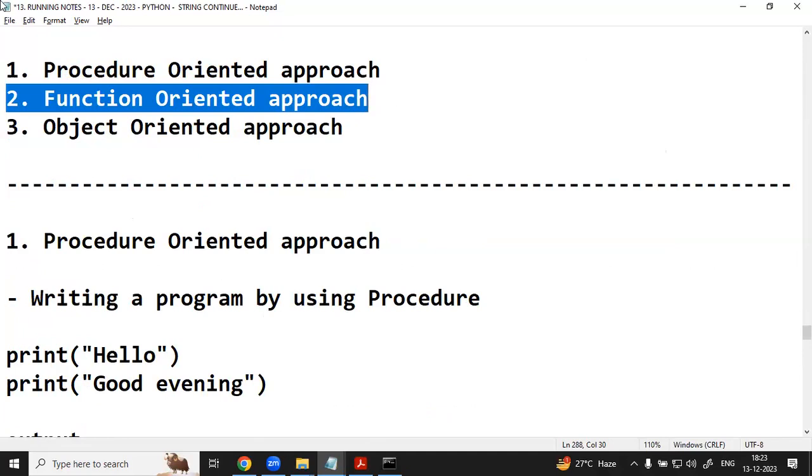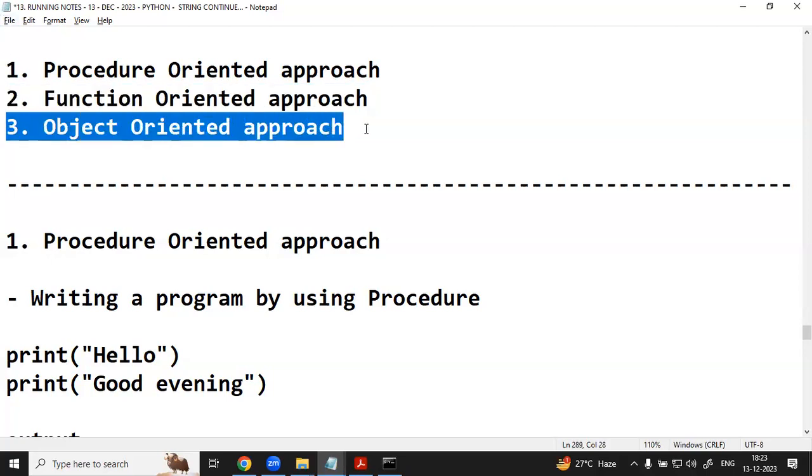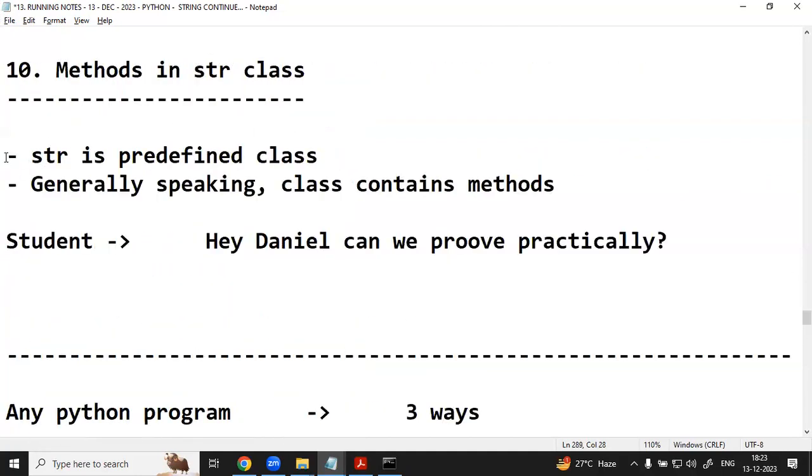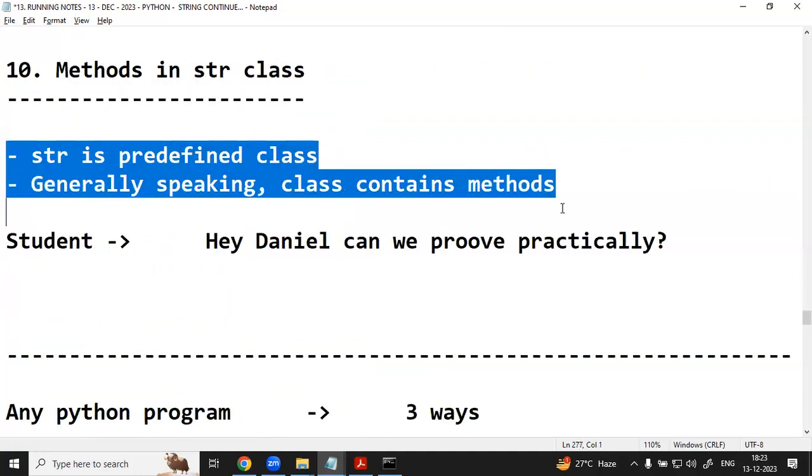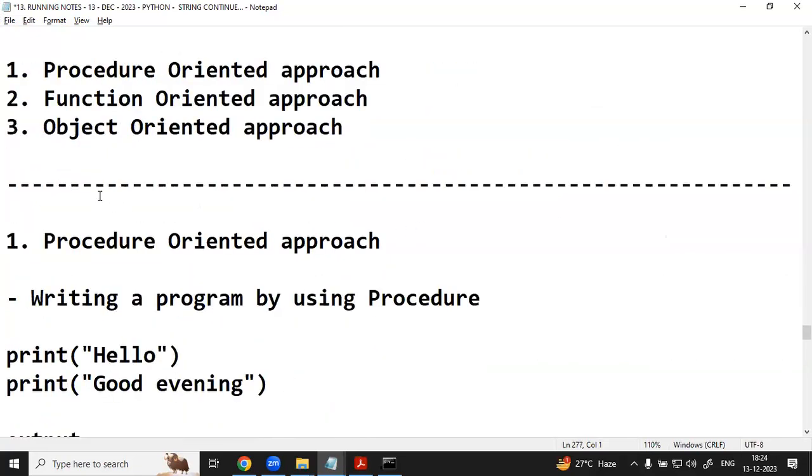If you wanted to understand functions, there are mainly 2 parts you need to understand. What is the first part? How to create a function, how to access a function. Practically we have seen. Now, what is the third one? Yeah, this point you should understand. If you understand this point, indirectly you are going to prove these 2 points. Are you ready? Till now, did you understand? Yeah, good.